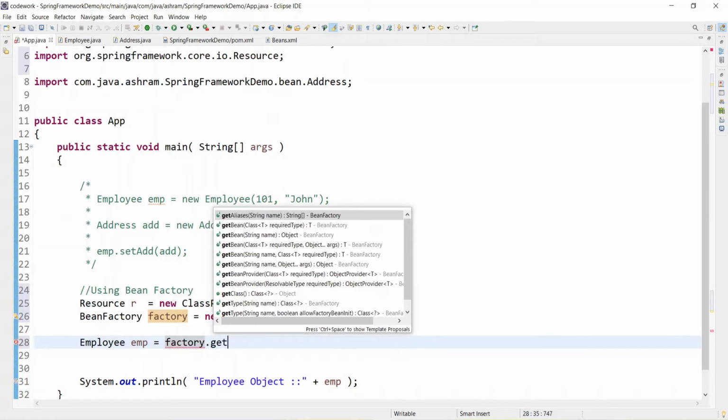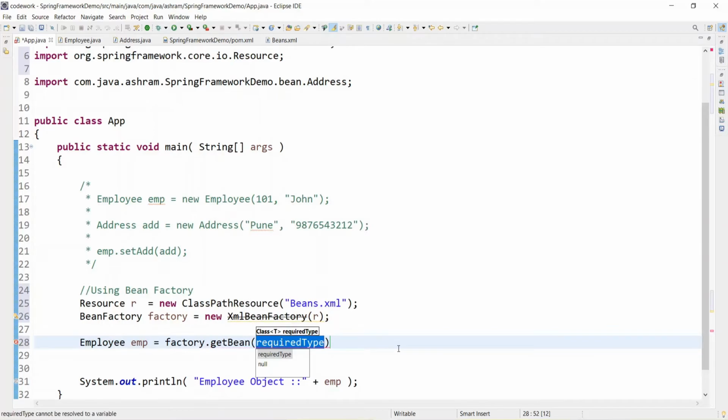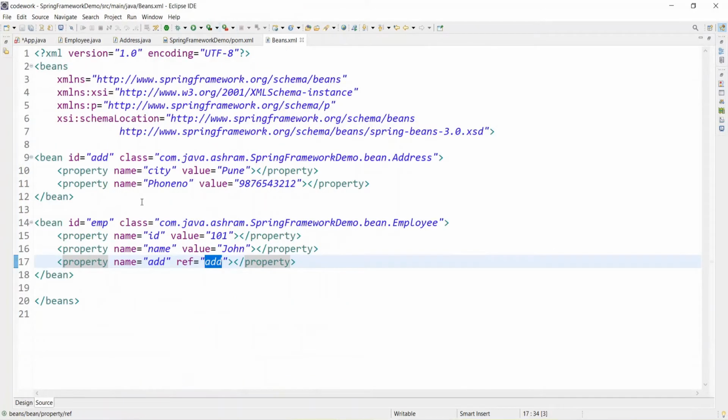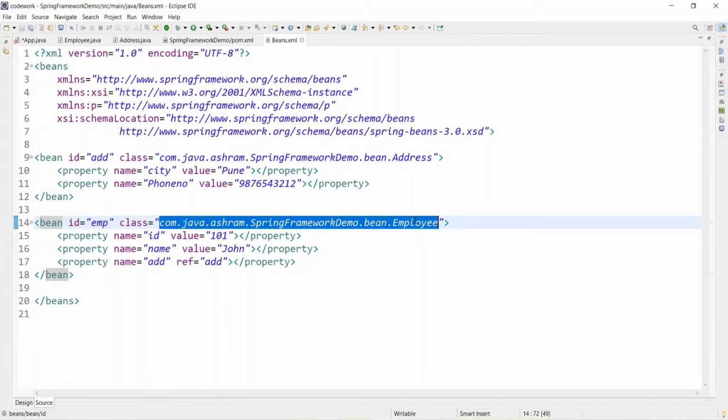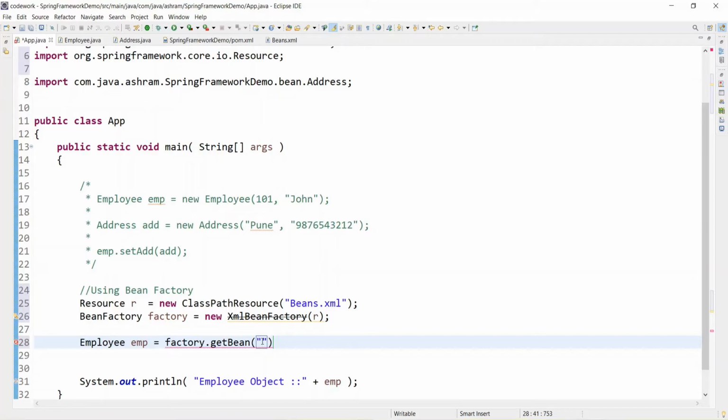From the factory we will be getting the bean, so getBean, and thereafter you need to pass the bean id of the Employee class that we have mentioned over here. What is the bean id we have mentioned? emp. So exactly, you need to copy this emp, whatever we mention here as the id of this Employee class, that you need to put over here.